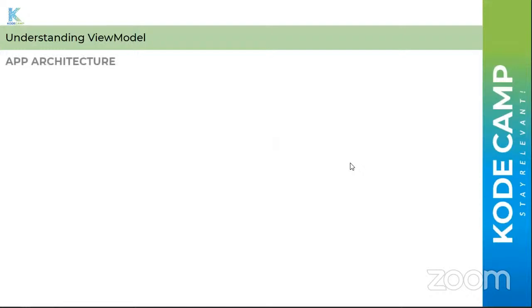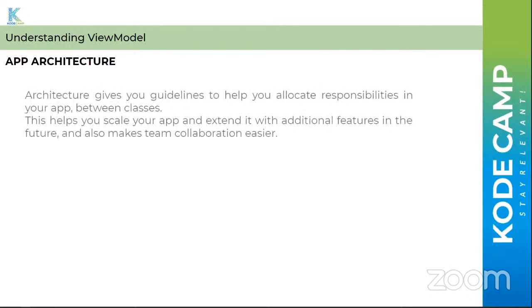Understanding view model. To really get into that, we first of all need to talk about the application architecture. The architecture just gives you guidelines that help you allocate responsibilities in your app between classes. How do I share responsibilities in my application? Because you don't want one class doing a whole lot of things. So how can I share these responsibilities between classes,